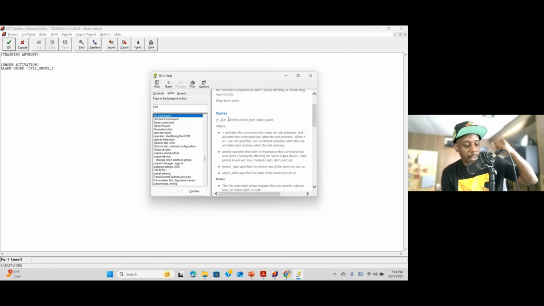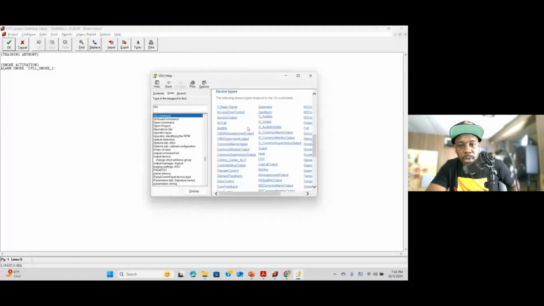So say you have a startup delay for the fans, and you've got 10 fans. You don't want them all to start up at the same time. So you'll put a priority delay on what to start first, what to start next, and who or what else can override it or not, depending on their priority level. So something like a switch will probably have a higher priority level so that it can cut everything out. Priority levels give the input priority if you turn it on or turn it off, and it's from 0 to like 99, 100 or something like that.